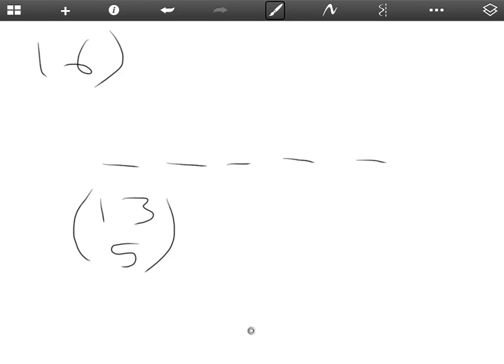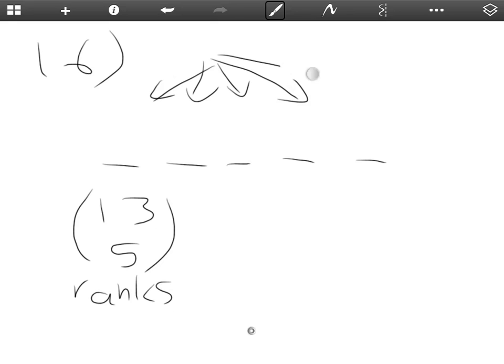And the reason is, this accounts for 5 ranks. Why am I doing this with my finger? I don't know. We just picked 5 different ranks out of 13, and we accounted for all 5 ranks. I'm pretty sure that 13 choose 5 is the same thing as, let's see,